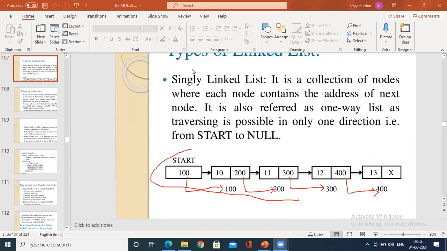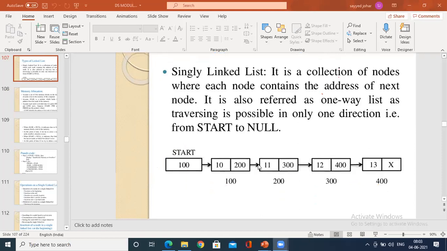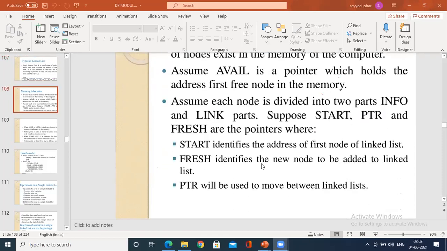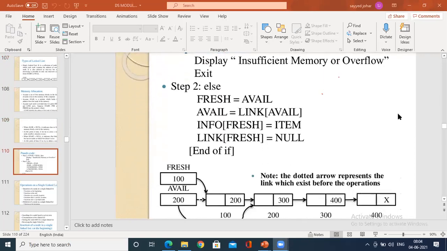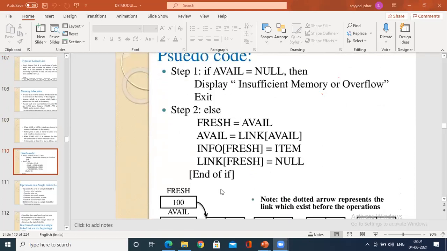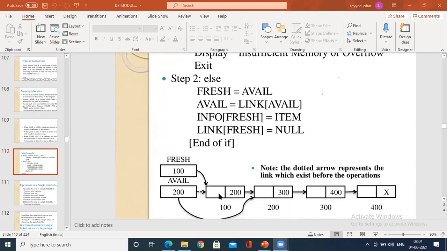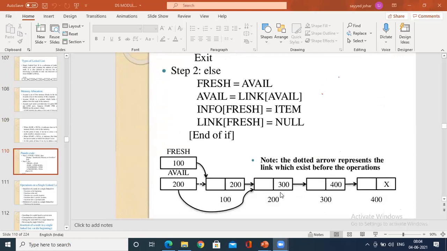With this logic, what you have to do? Now see here the changes. We are inserting a new node, right? We are inserting the new thing. Here the dotted line, we had this. We have this.